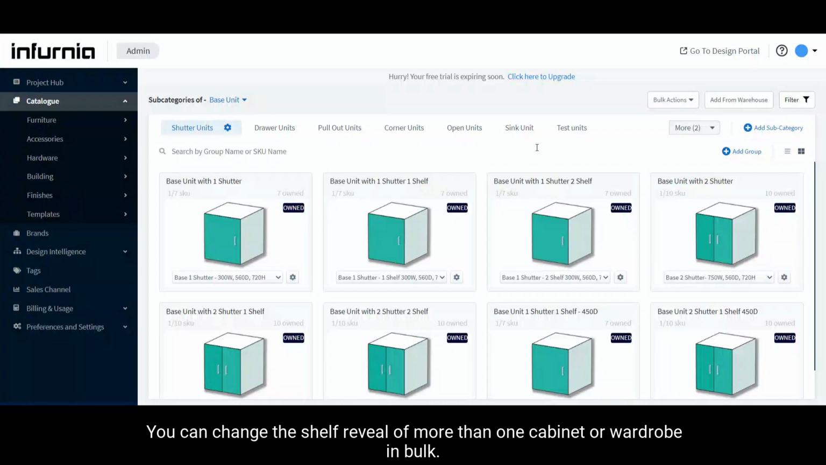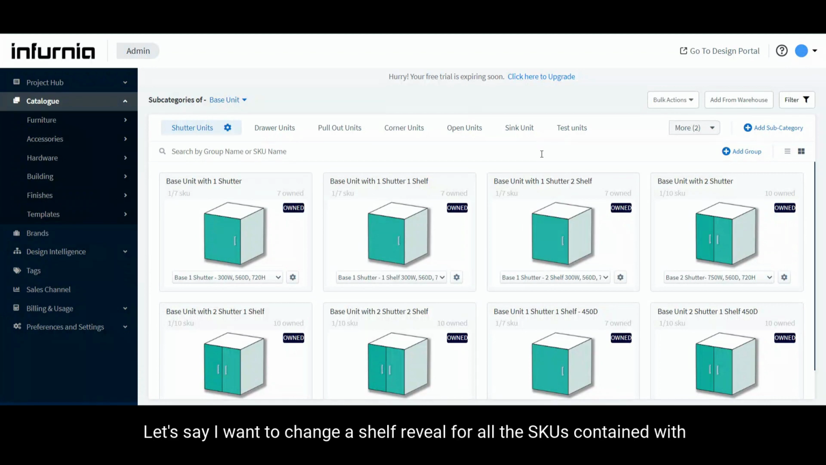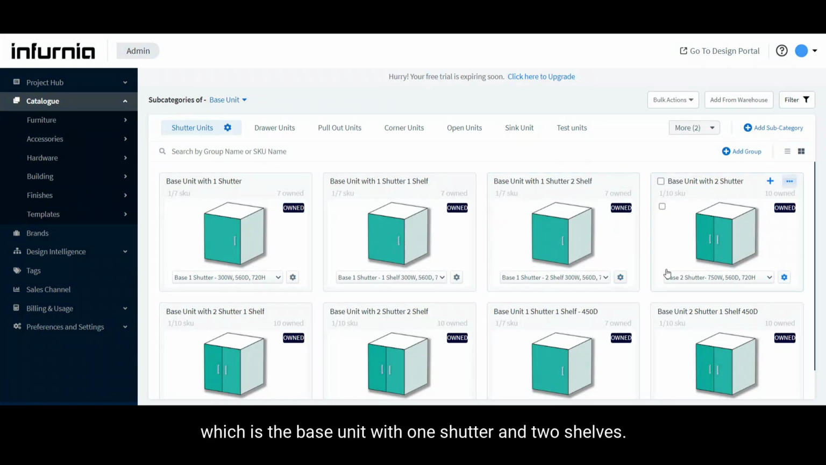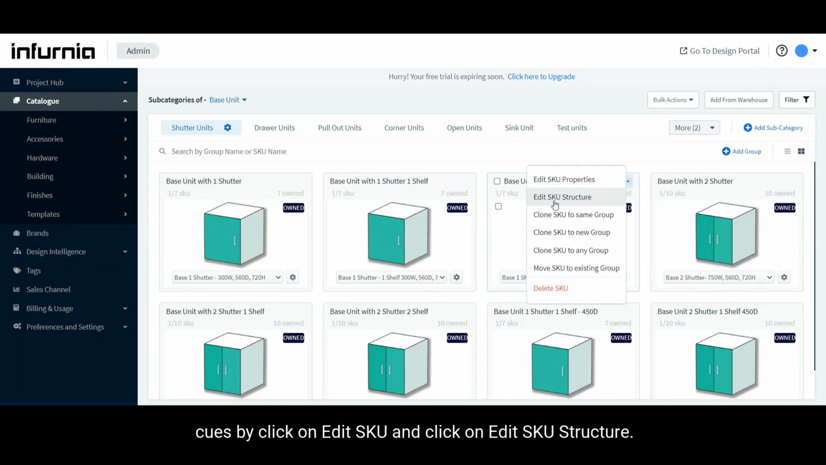You can change the shelf reveal of more than one cabinet or wardrobe in bulk. Let's say I want to change the shelf reveal for all the SKUs contained within this particular group, which is the base unit with one shutter and two shelves. Herein, I will first check the shelf reveal of one of these SKUs by clicking on Edit SKU and clicking